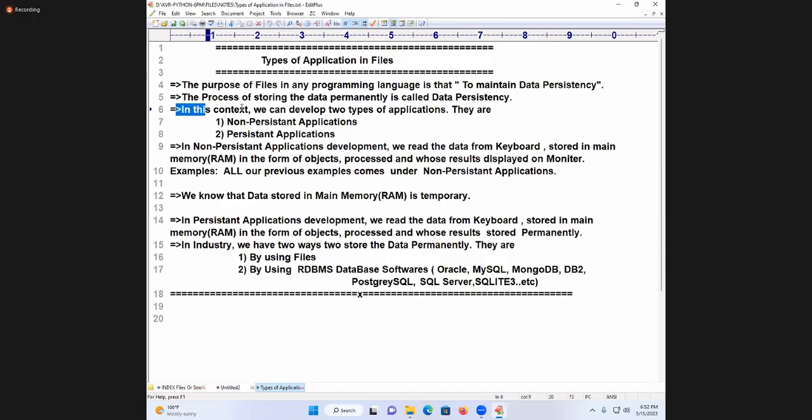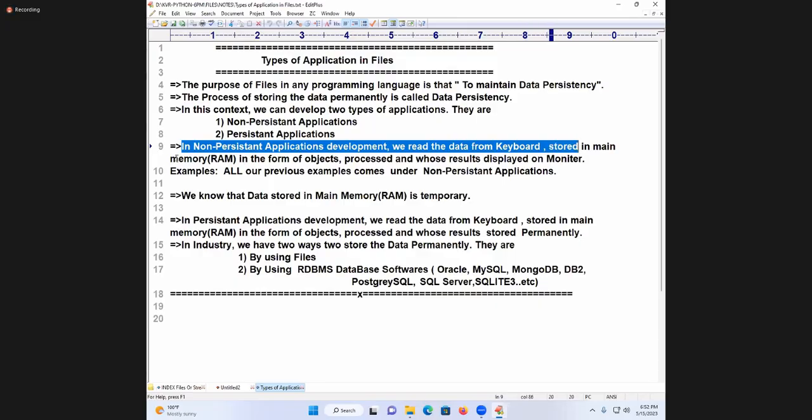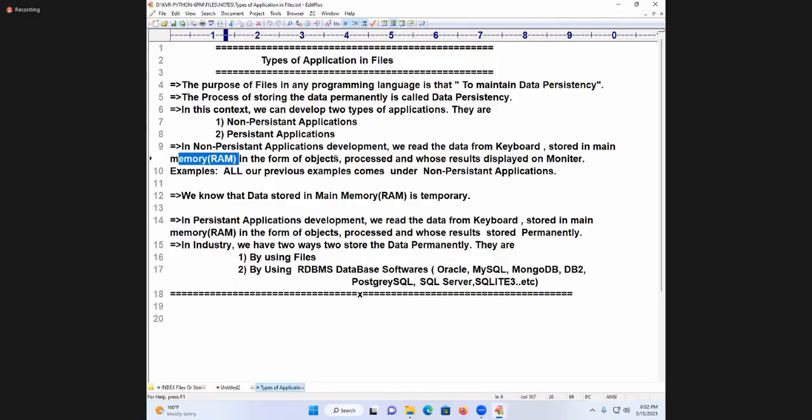Next, read. In this context, we can develop two types of applications. They are non-persistent applications. In non-persistent application development, we read the data from the keyboard, store it in main memory in the form of objects, process it, and display the results on the monitor.